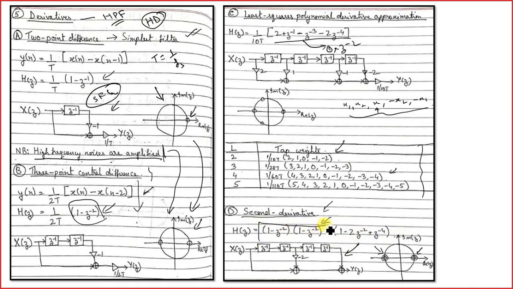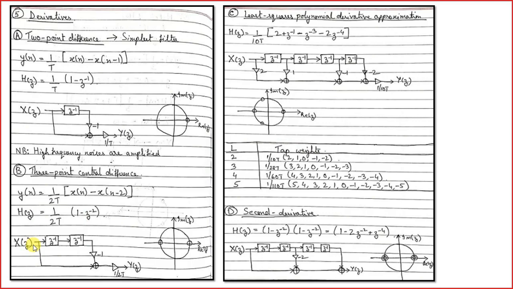However, if I tell you to implement or realize this filter by the cascade method, I think every one of you should be able to do this. How to implement filters by the cascading method, we have already discussed, right? So with this we complete the chapter on FIR filters. Do you have any question on this one?